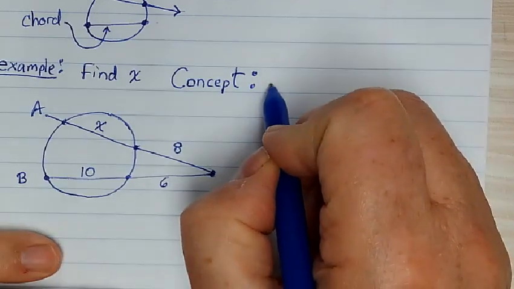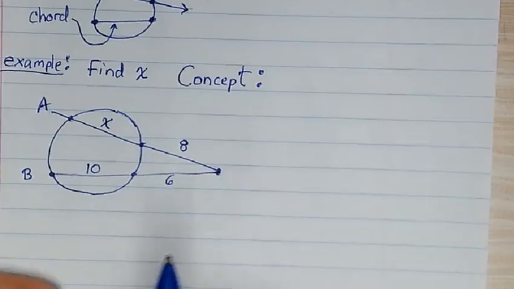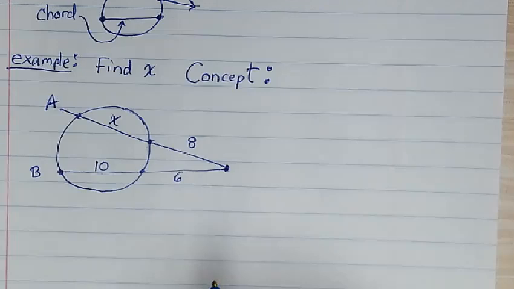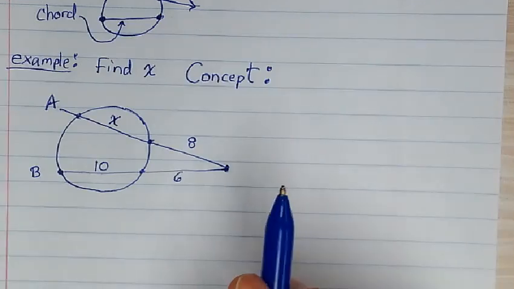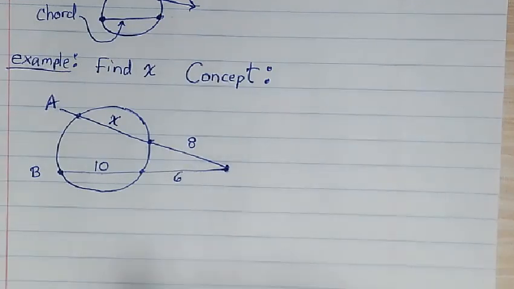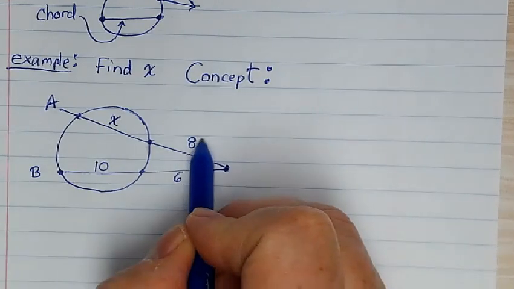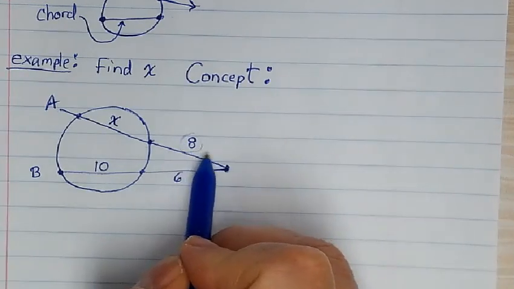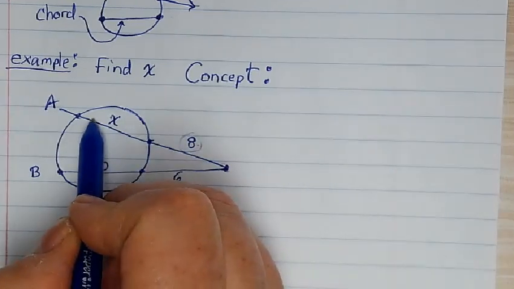Okay, the concept states that, I'm going to say it in words, then I'm going to try and put it in writing. So please bear with me, okay? In student-friendly language. It's not going to sound like we're some sort of NASA institute. But if you look at the outside length, the outside segment, and if you multiply that outside length times the inside and the outside added together,